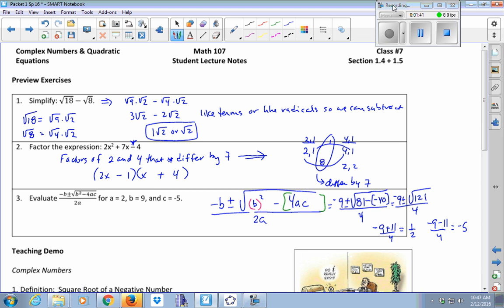The reason is, if b happens to be a negative number, as it does later in your class activities, -6, and you wrote this,